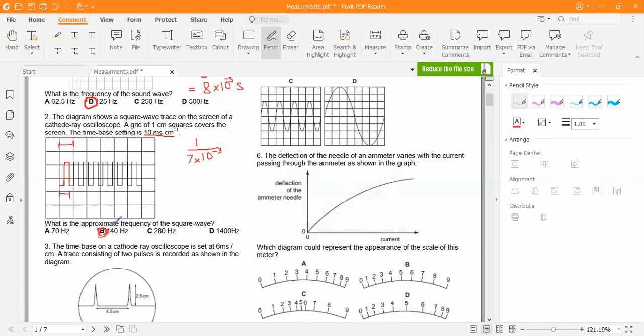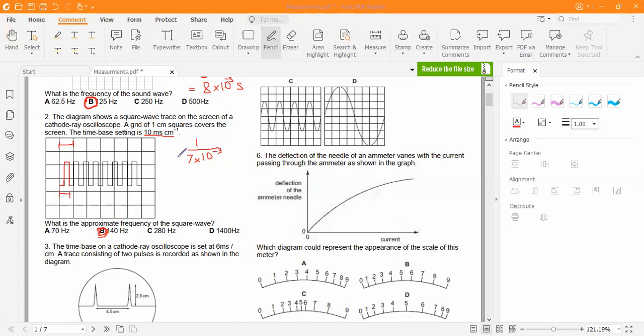So we need approximate frequency, so I will choose this one. Now, if you want more accuracy in your answers, this is also accurate. But if you want to go for a more accurate method, what will you do in that case? A good method will be like this. So let me clear this.